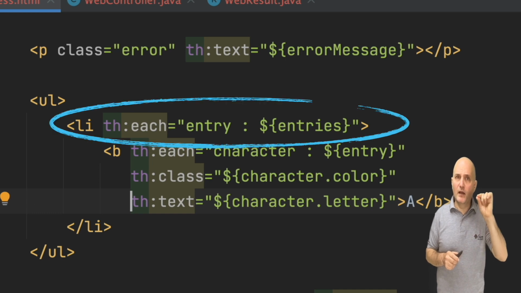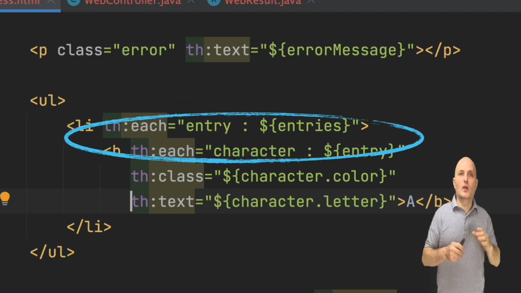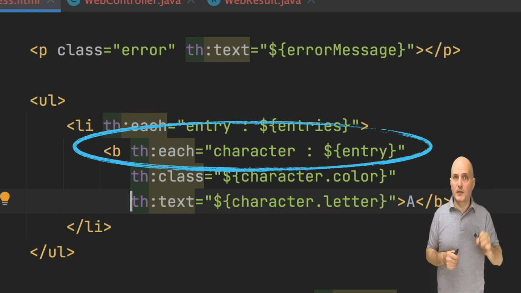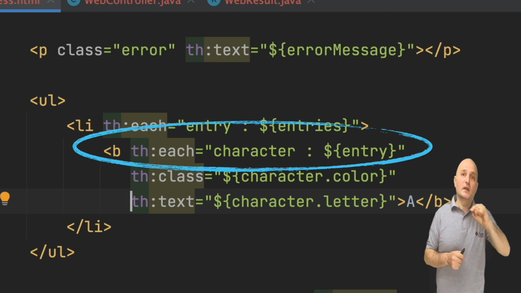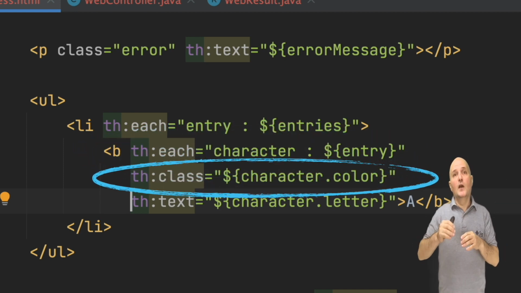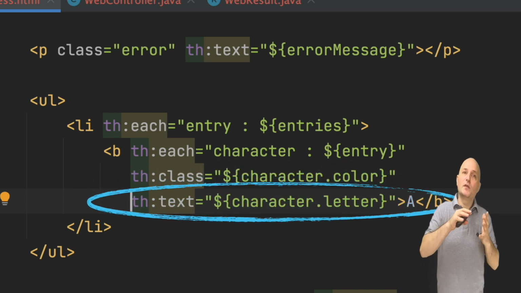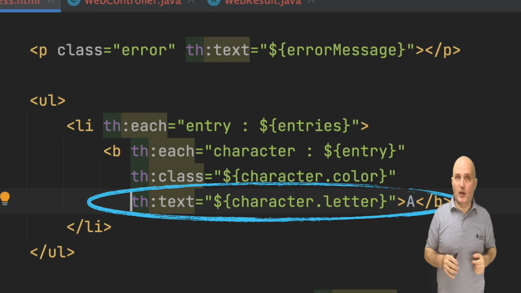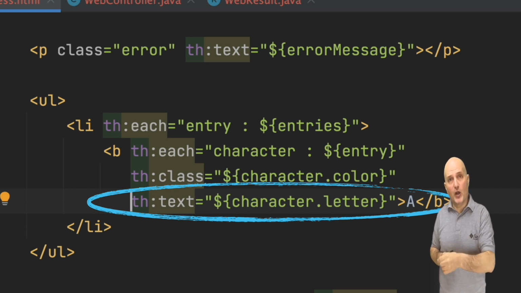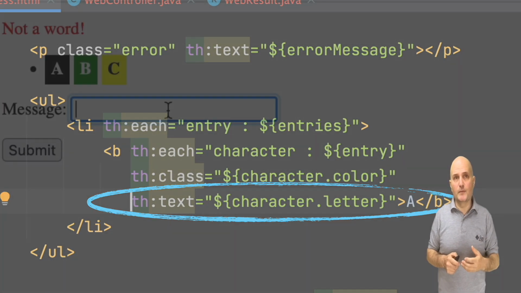This creates an li element for every entry. That means every attempt. This creates a b element for every character in each entry. Within those b entries, we set the class using this attribute. This replaces the A value we see on the right. It overrides the text for every b entry.